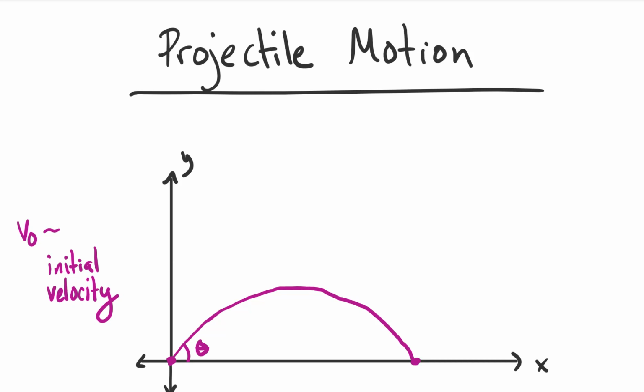Maybe it's a football player throwing a ball. The ball would go this way, with some sort of orientation. I hope you see that we're about to do parametric, since we're in parametric. So it's all going to be some function of time. When you kick the ball, isn't how far it goes horizontally going to be some function of time? Won't its height change as time changes? Of course. So here are going to be our formulas.